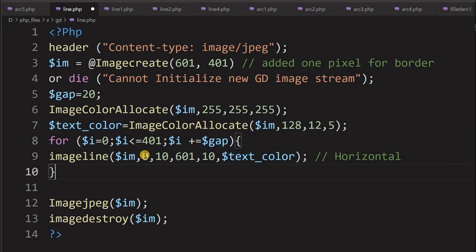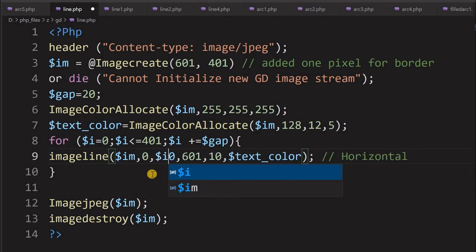Now what you will do is, this is there, and these are all the horizontal lines. So $i, we are not increasing, it should stay from 0. Here it is $i, because it will start initially from the 0, 0 position, then it will go on increasing.